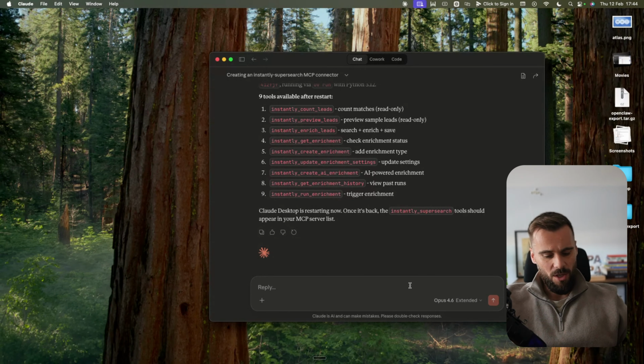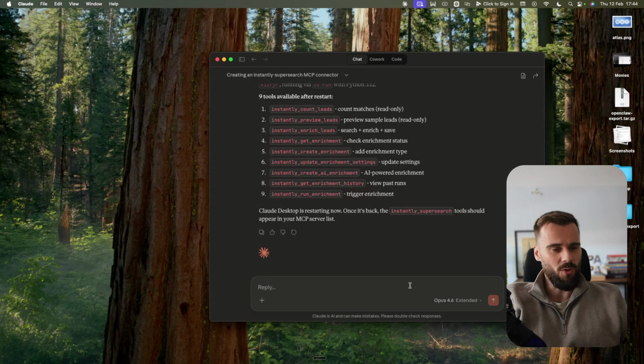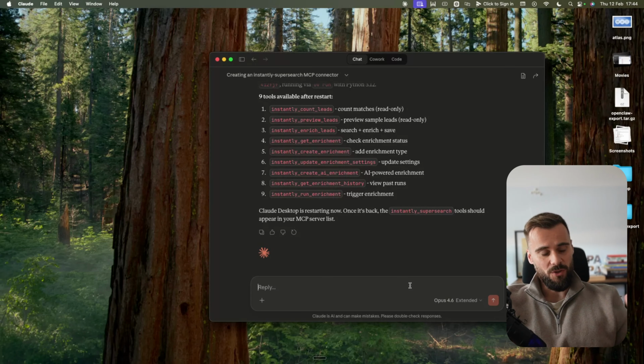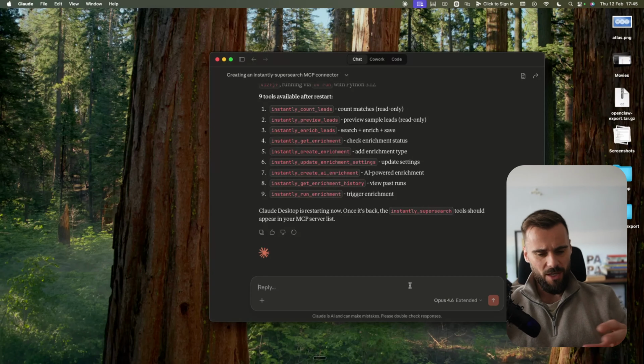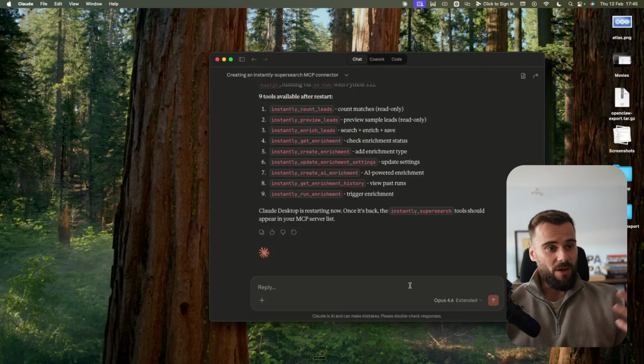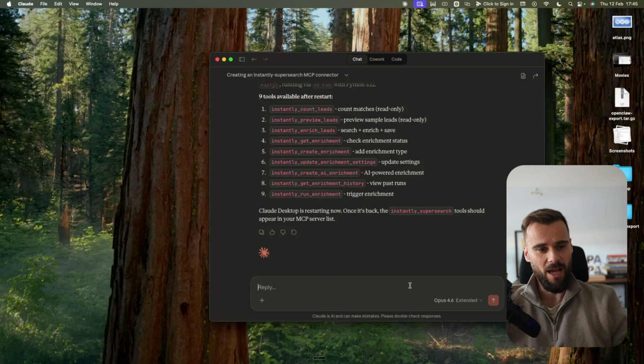I can just say, use the Instantly SuperSearch connector to enrich this, or better yet, I can just build a skill saying, okay, whenever I say enrich, then use Instantly SuperSearch to do this, to do that, because by now you know how to build skills. So you can just say, these are my common enrichment use cases. Whenever I drop a CSV in here, take it, get all the people out, find their emails using Instantly Enrich, or whichever MCP you've built,